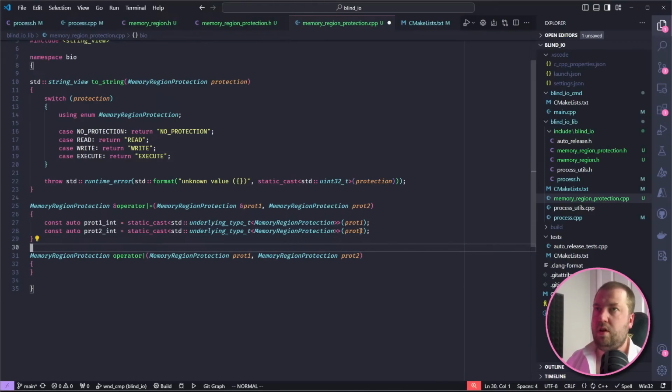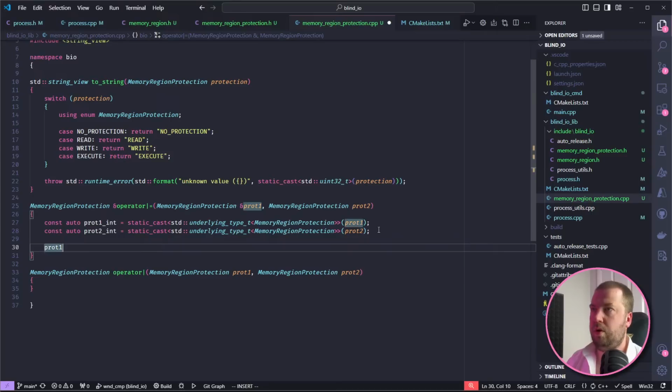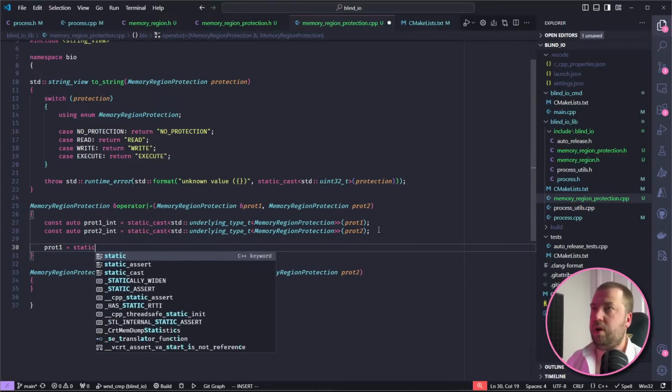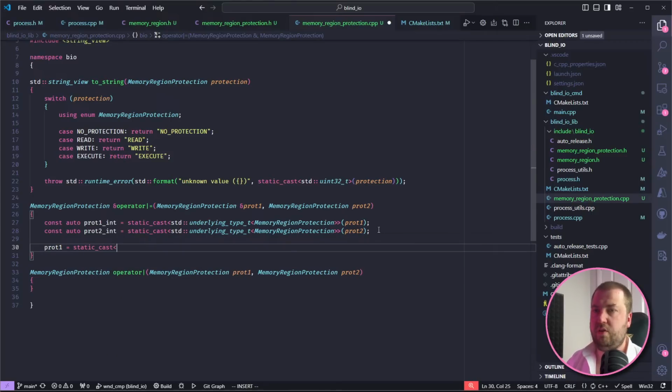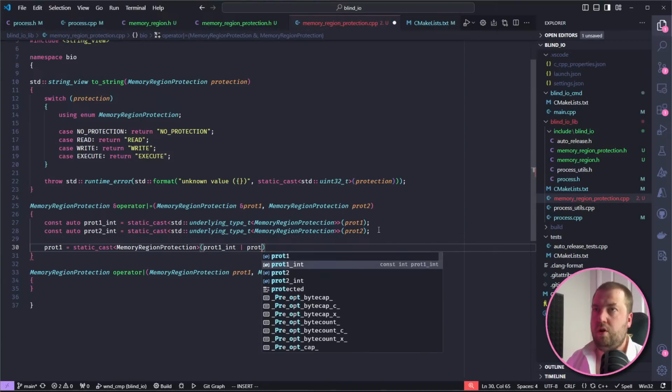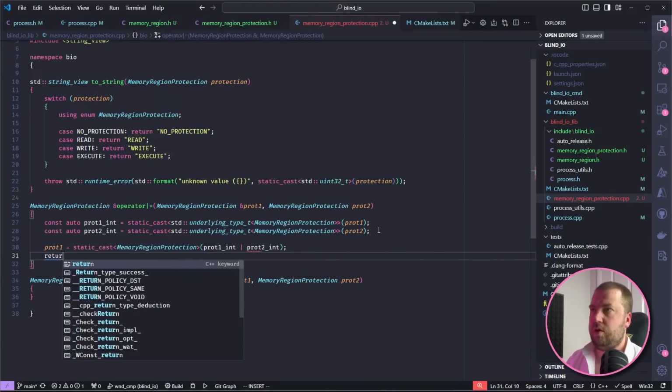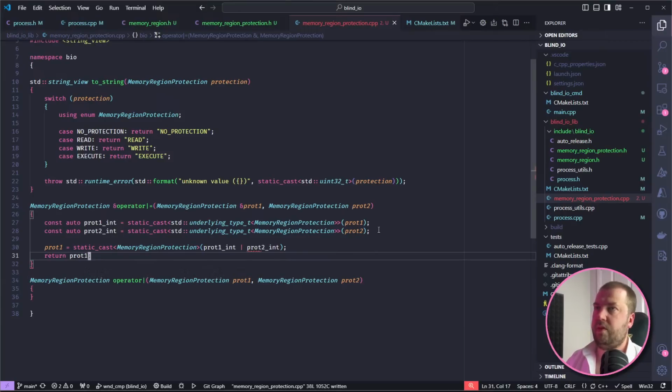Then we can do prot1 equals, again doing this dance a little bit, memory region prot1 int, prot2 int, and then we'll return prot1. So this should, in theory, provide us with the or assign operator on a memory region protection.